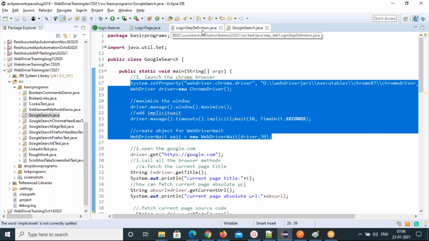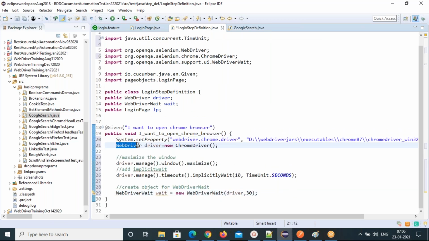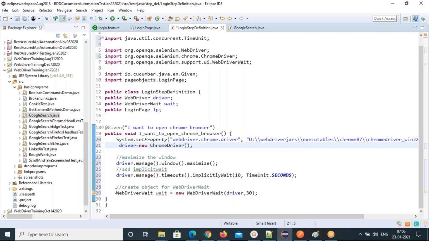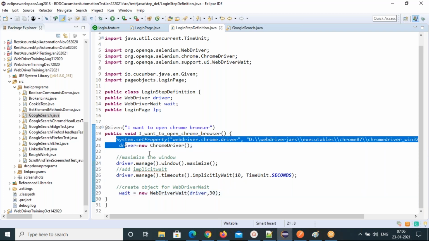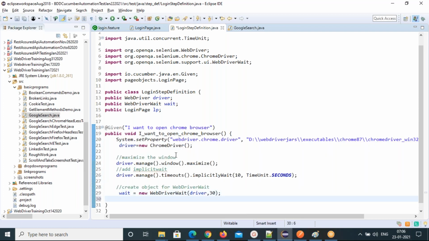Let's just copy paste here. Because we should not use the WebDriver type here, since it's a global variable we defined, and that's what we are doing. And the same thing, I will just launch the browser here, right? That's it.